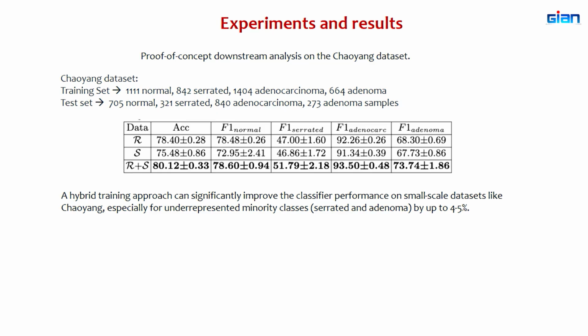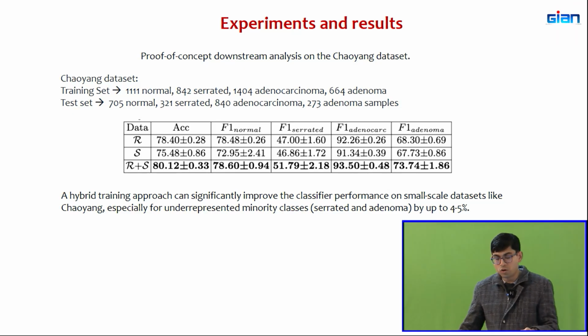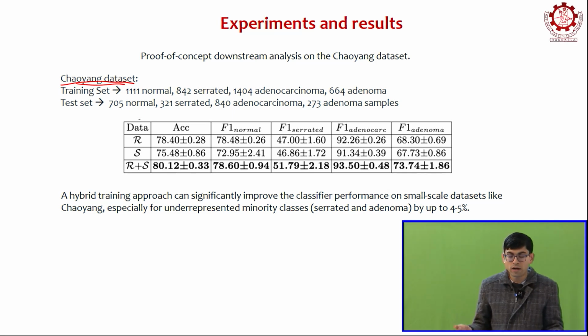So now, how do we use it? What's the downstream analysis that we performed on this data set? This is a Chaoyang data set. It's freely available. If you want to work on simple classification problems, I would recommend you to just look up this data set and see if you can train these models. You can apply foundational models, you can extract features and run simple models to distinguish between